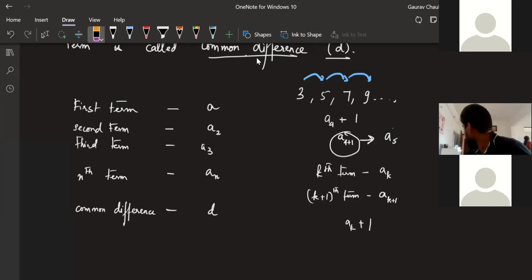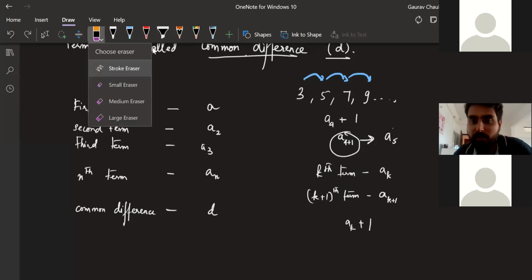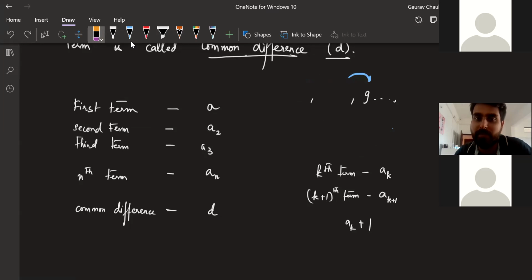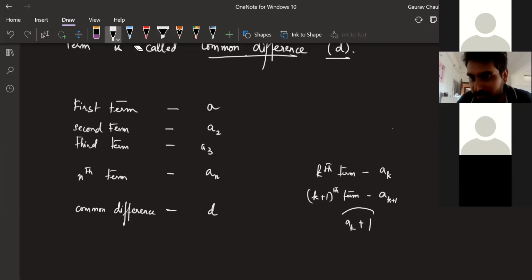11. And can I say A5 will be 11? Mansa? Sir, how, sir? Oh, okay. We'll come to that. I understand the confusion. We'll just clarify that in a bit. Let's keep that aside for a minute. But let's just understand this, that A K plus 1 is going to be different from A of K plus 1 below.